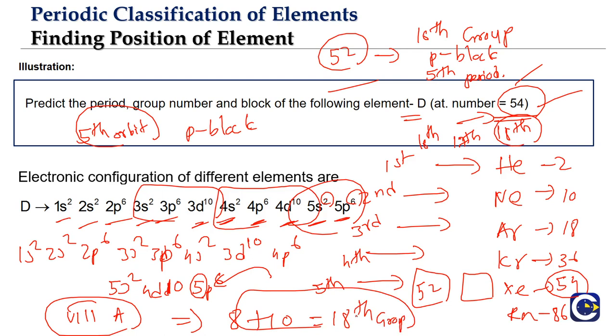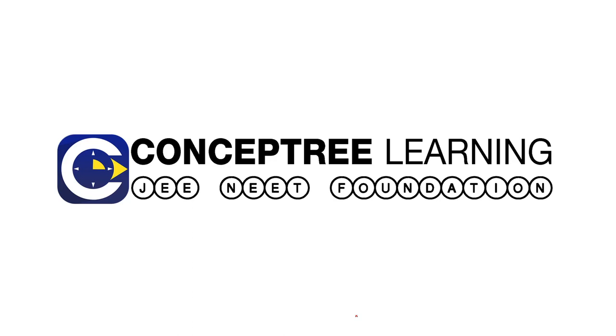Okay, so this is an approach that we have to take to find the position of an element in the periodic table. And again, what is the purpose of doing this exercise? If you look broadly at the physical and chemical properties of elements, more particularly in the case of S block and P block, they would be very much similar for elements belonging to a group. That's the reason why we are focusing on finding the position of the element, because if you know there is an element which falls in the group of, say for example, carbon, then we can broadly identify what the properties of the element will be.